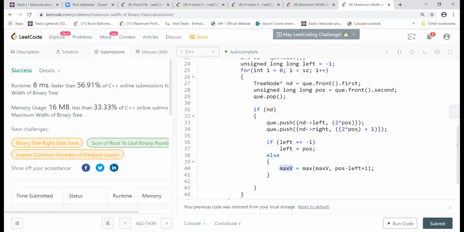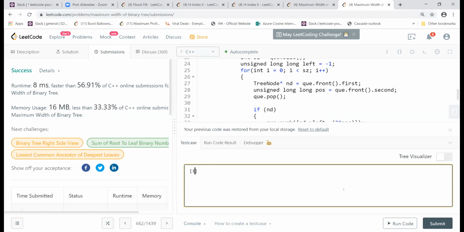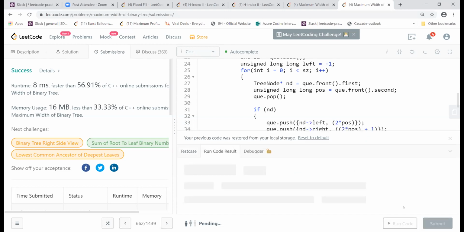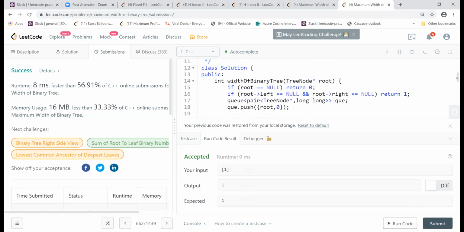So does it work if there's only one node? Because if it's only one node, then we say left equal position, and then they stop, right? It's not going to get the max. You're saying one node like this? Yeah. Did I take care of that base case somewhere? Yeah, actually, I'm taking care of it. So those base cases I'm taking care of, and therefore I think this is working.